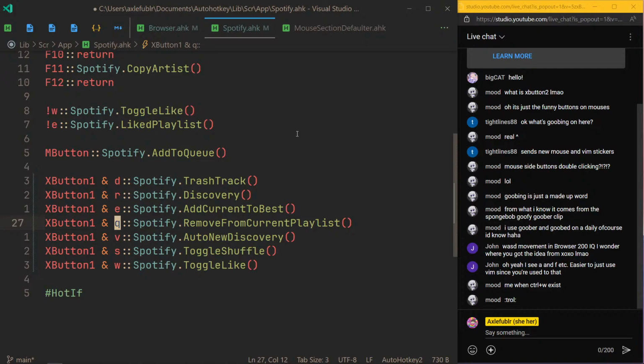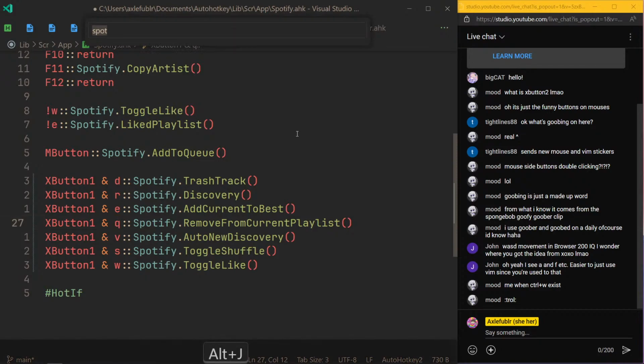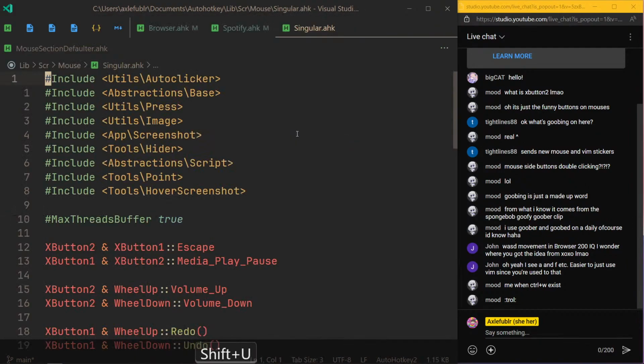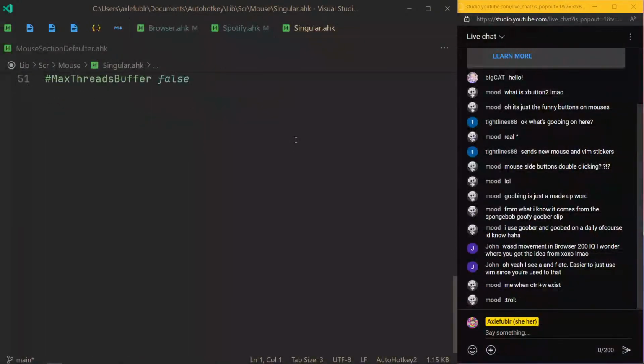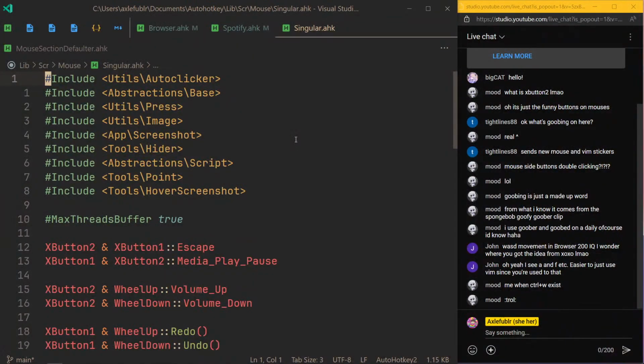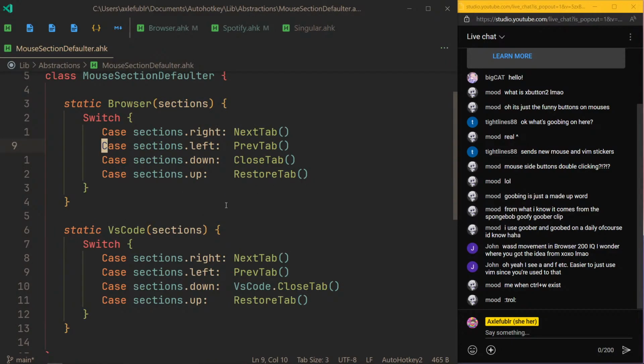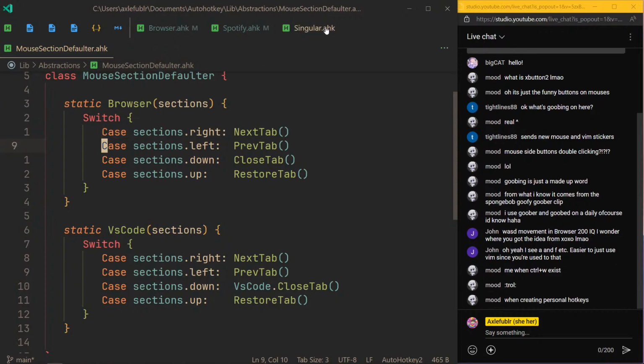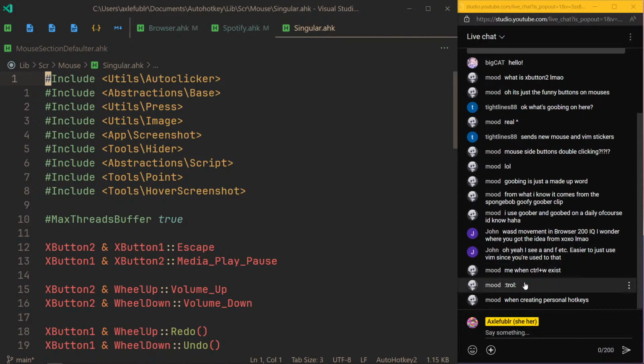But you know what I want to do? Let's go to xbot, or rather, no, not that file. Singular, it's called. So this is basically the default hotkeys for the mouse that don't care what app you're in. And since I had this mouse section as the default, that means that the browser things are used really often. So what if I, when creating personal hotkeys,